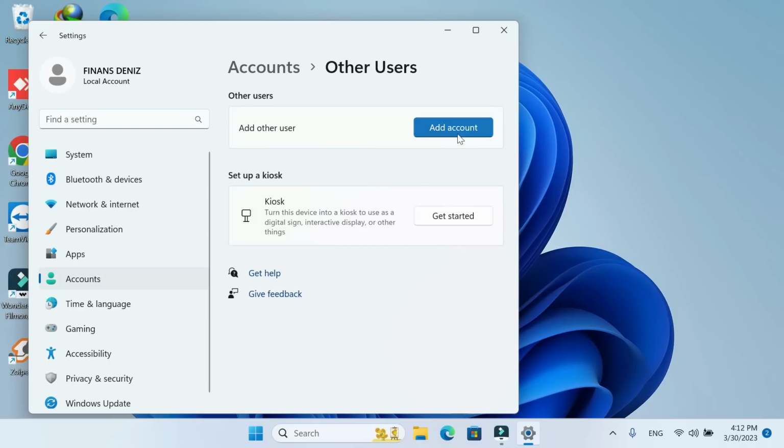You will notice here you have a button called add account. There are several ways you can add accounts. You can add an account locally, that's if you have a domain, or you can add an account just on your PC using your email address. So we're going to click on this add account